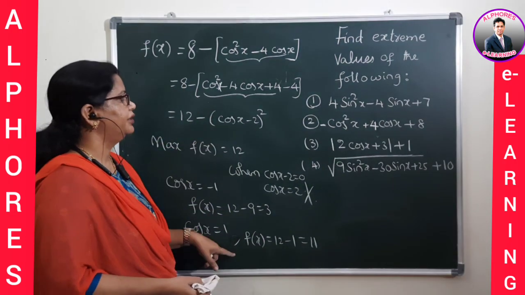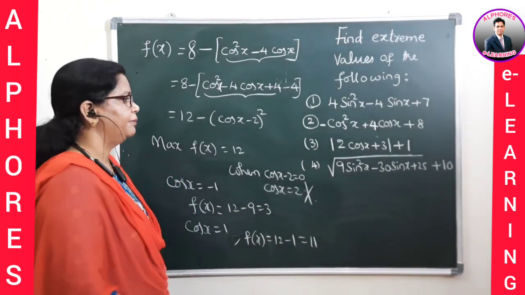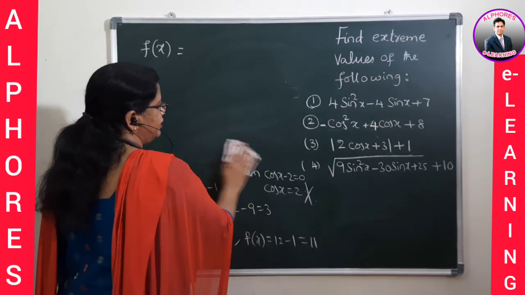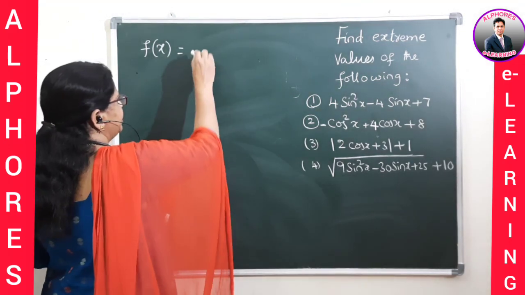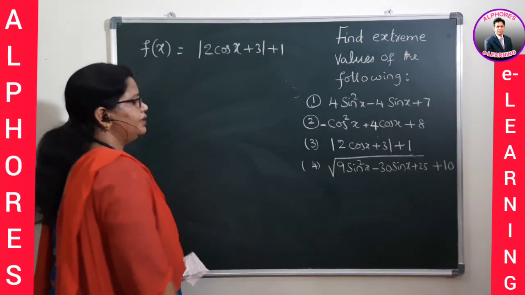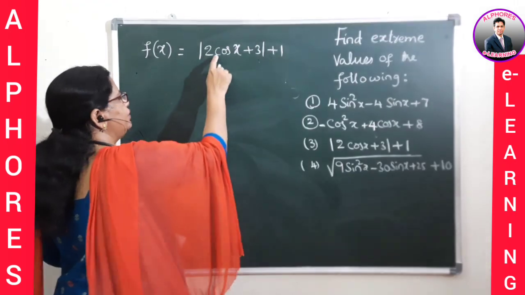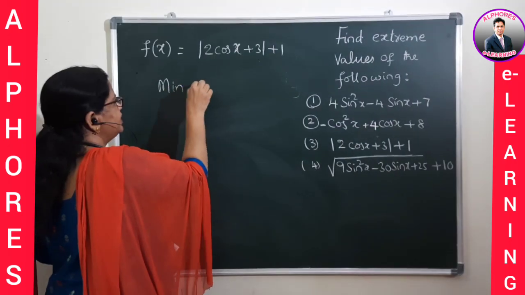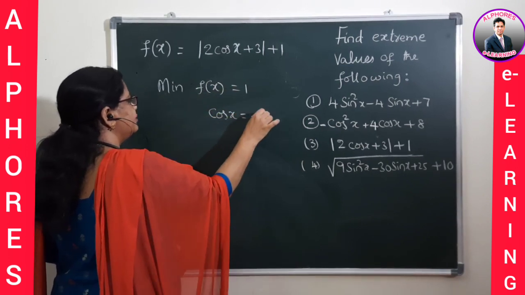So here we confirmed what is the least value, students. 3 is the least value and greatest value is 11. Now in this problem also, students, if you observe, f of x is equal to mod of 2 cos x plus 3, and this value plus how much it is given? 1. Now also I am not supposed to write that exactly 1 is the minimum, because cos x cannot be minus 3 by 2. So by using the formula, obviously no doubt the minimum of f of x is 1, provided cos x is how much here? Minus 3 by 2.